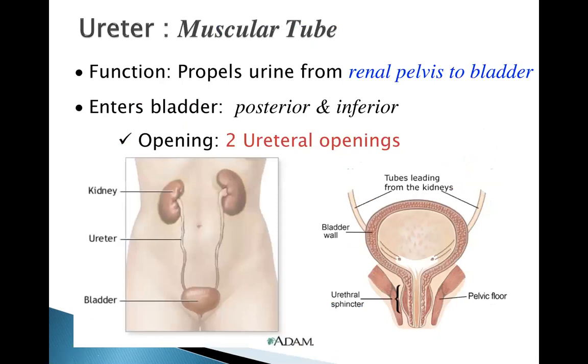Okay, just a tiny bit on the ureter, and we're almost done. The ureter is a smooth muscular tube. It propels urine from the kidneys all the way down the dorsal body wall, so it is retroperitoneal. It's made up of 2 layers of muscle, so we have the inner circular and outer longitudinal layers of muscle, so it does effective peristalsis. And then it's going to enter the bladder posteriorly. Okay, so it's going to come into the back side of the bladder toward the base of it or the bottom of it. So we're actually going to fill the bladder from the bottom up rather than from the top